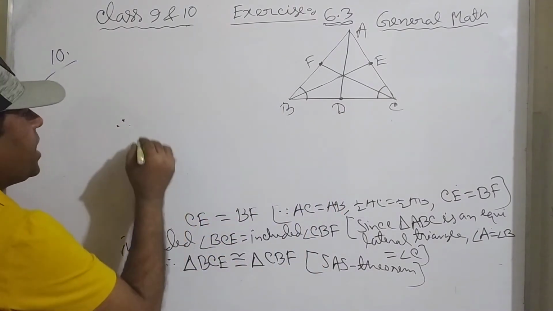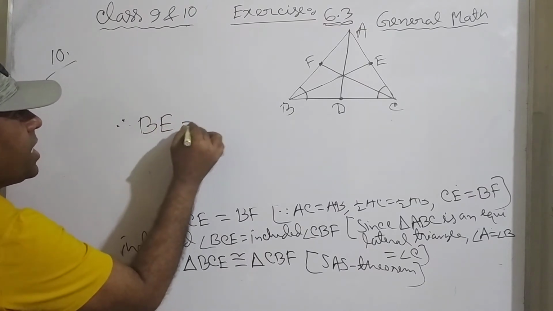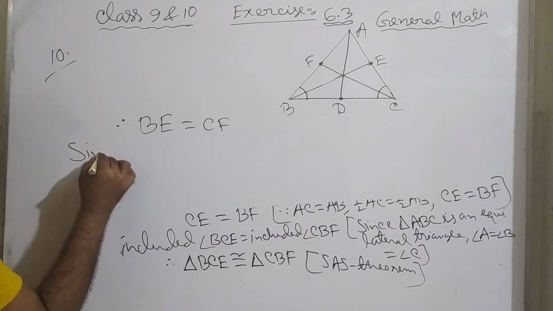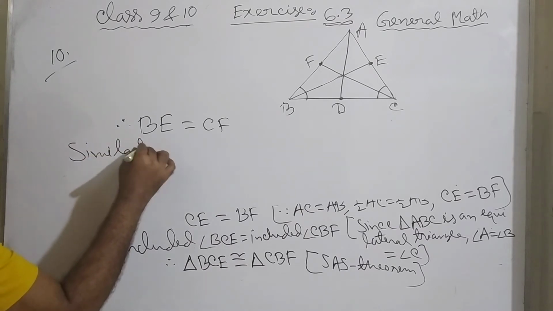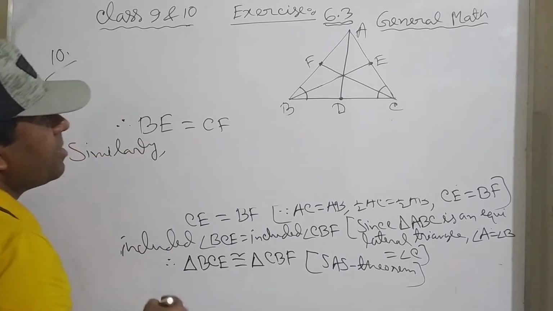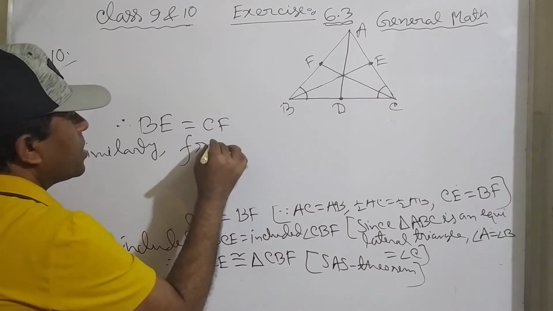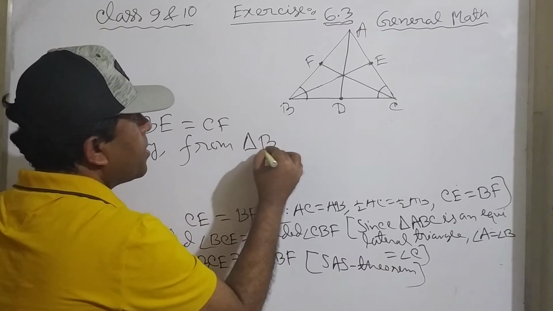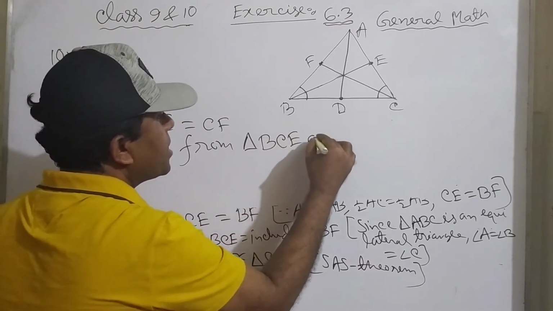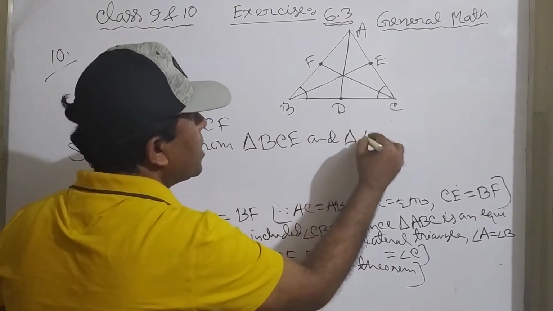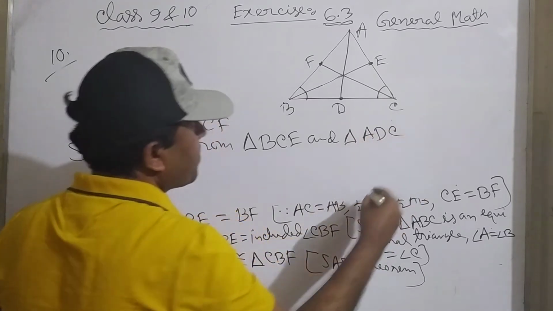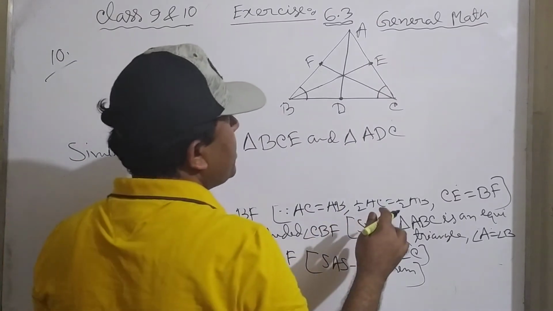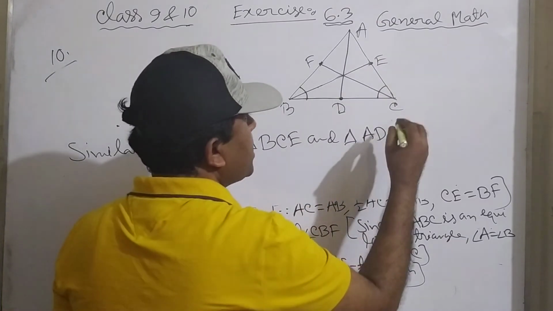So BE equals CF. Similarly, from triangle BCE and triangle ADC, it can be proved that